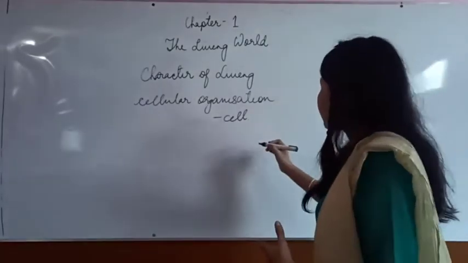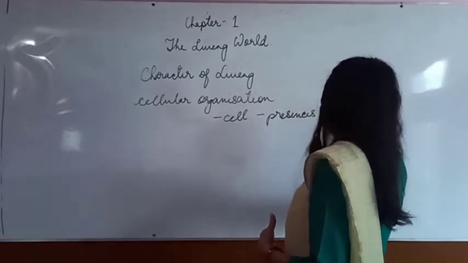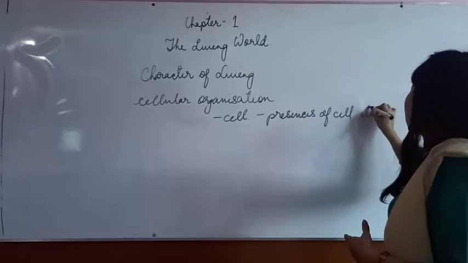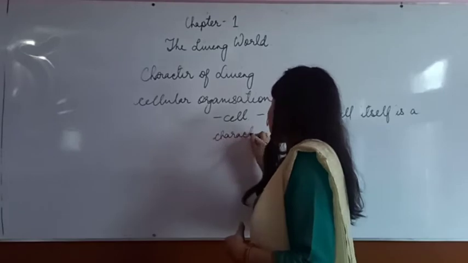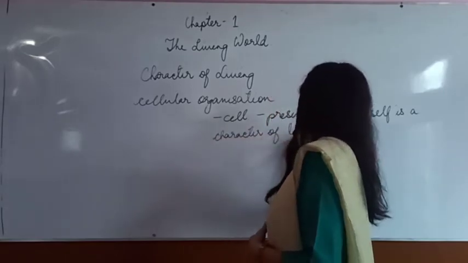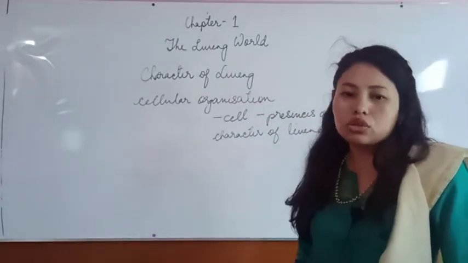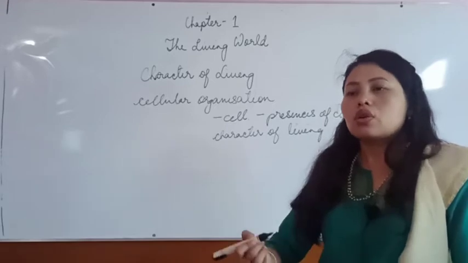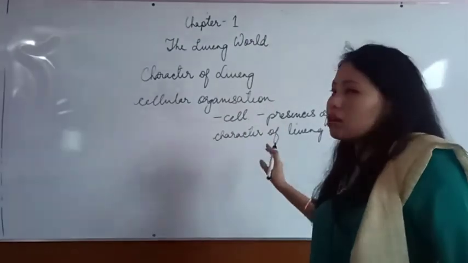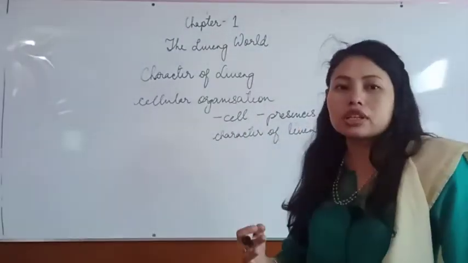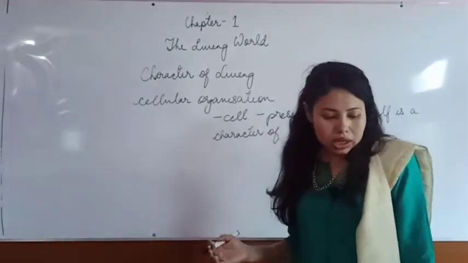The presence of the cell itself is a character of living. When we talk about non-living things like table, chair, furniture, plastic, bucket, we never talk about cells. So the presence of the cell itself is a defining character of living. So the cell is very important. And these cells,